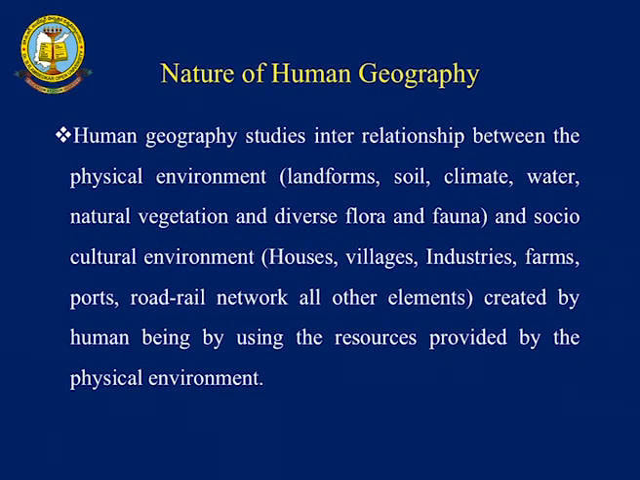Coming to the nature of human geography, as I said in the first slide, human geography is the interrelationship between the physical environment as well as the socio-cultural environment. What do you mean by physical environment? Whatever natural things exist on the earth's surface, like land and water, different types of flora, different types of fauna, whatever naturally exists on the surface, will come under the physical environment,